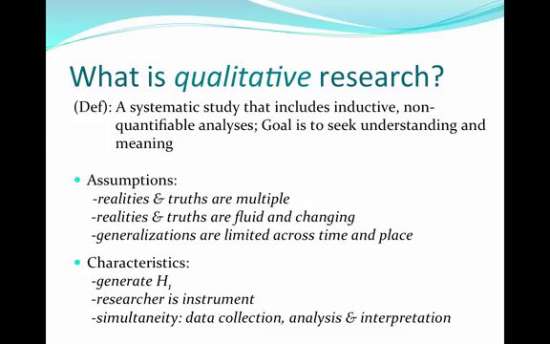In addition to the assumptions, there are several characteristics key to qualitative research. Qualitative research is used to generate hypotheses, not test them. Again, this is a very inductive approach in which we use observations to generate hypotheses and theories. Unlike quantitative methods where the instrument is a standardized or non-standardized instrument, you, the researcher, are the instrument. This means that the instrument in a qualitative methods approach is your brain as a researcher used to interpret meaning